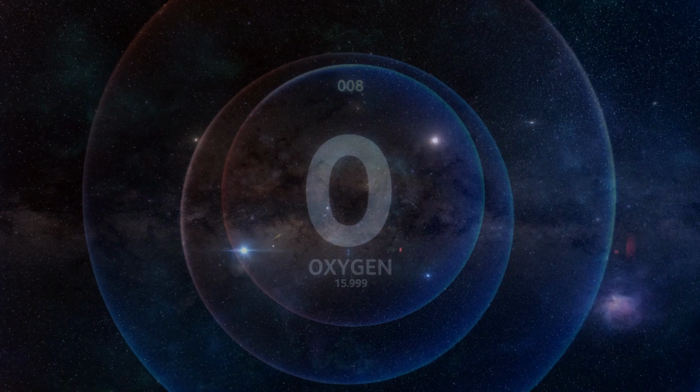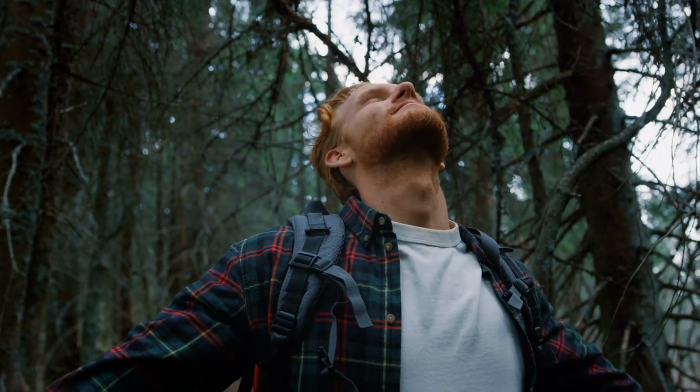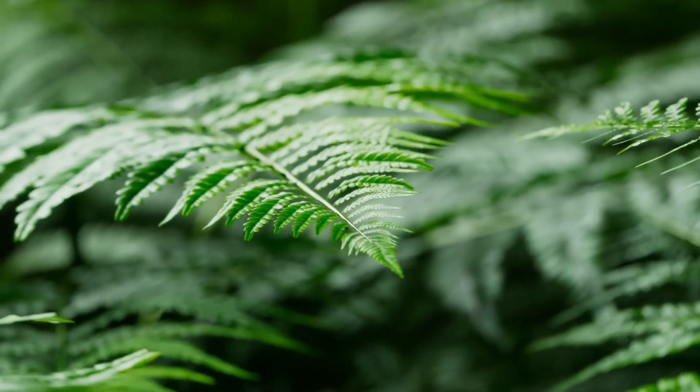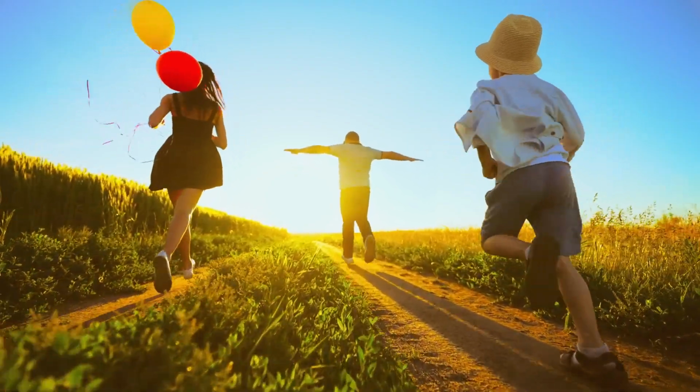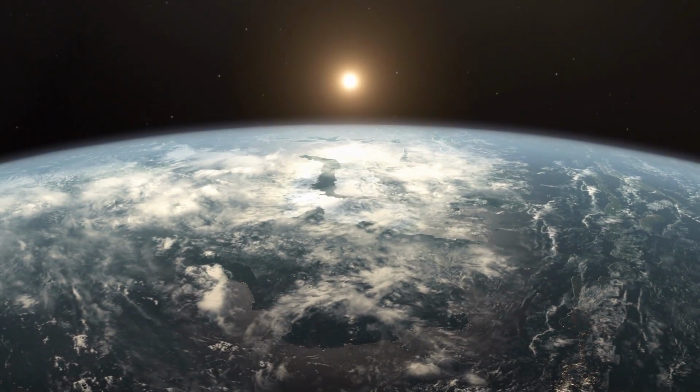So since oxygen is 1% of the universe, why is it so common on Earth? It's so common that we can literally breathe it in all the time. It allows plants to grow and it allows life to continue on. We first have to figure out how oxygen was formed on Earth.